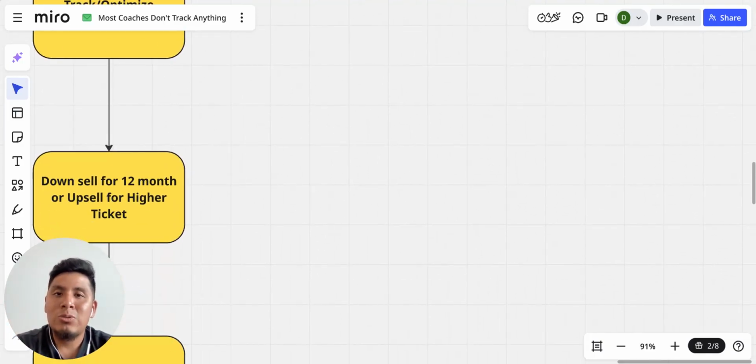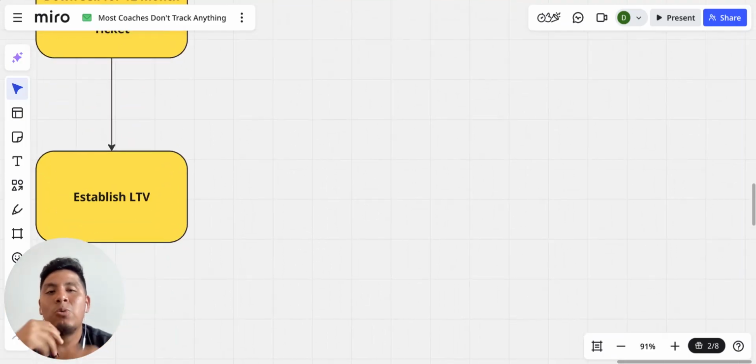And so before they actually graduate, now that you have a handle on the results, you can downsell for 12 months, or you can upsell, this is mainly B2B, at a higher ticket price: we got you to reach this result through this many clients, so now our higher ticket is XYZ for another 6 months. Now I'm going to go a little bit specific with numbers. If you have a 2X, so you're getting $2,500 to get a client, and they pay you $5,000, that's 2X, $225 per sale.